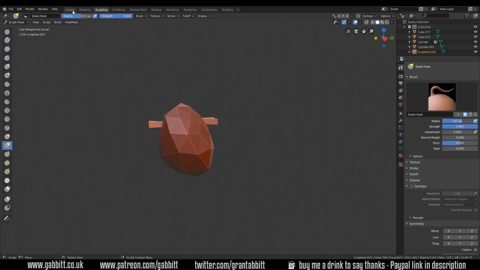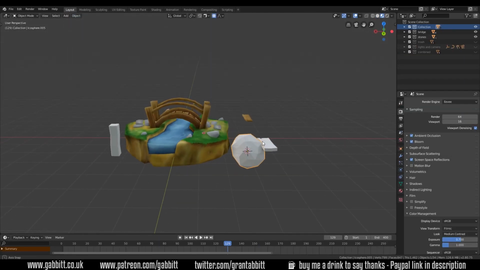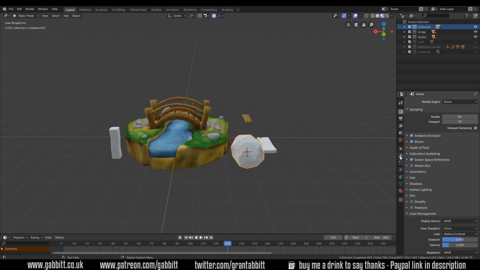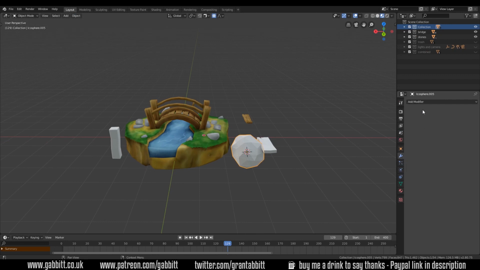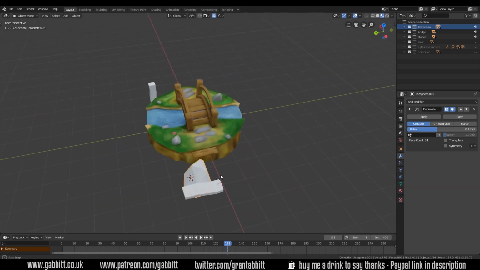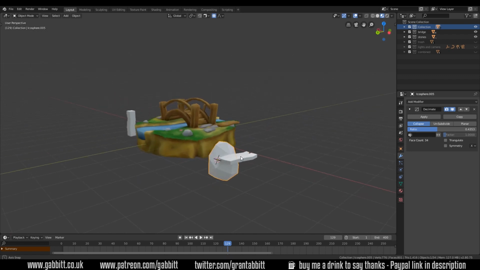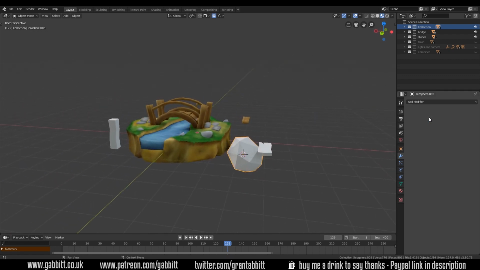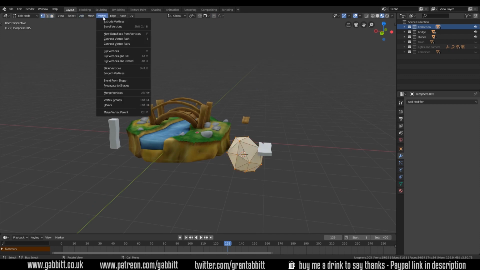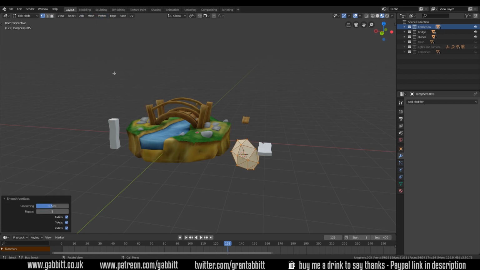Back to layout mode with my beautiful rock, and then go over to the decimate in the modifiers where the spanner is, add modifier, decimate, and you can reduce that and give it a low poly feel. Watch out for very sharp edges, but again it depends on the style of rock you're going for. If you're going for nice smooth rocks, then you can bring it down to about here, press apply, into edit mode, grab all your vertices with A, and there's a tool up here, vertex, smooth vertex,